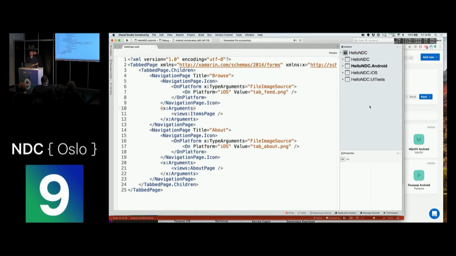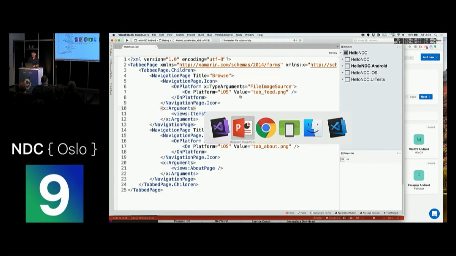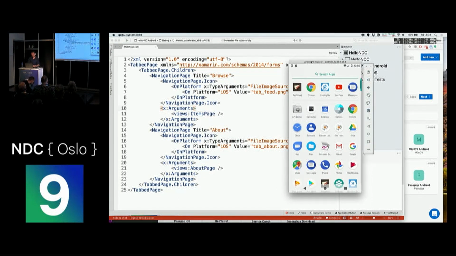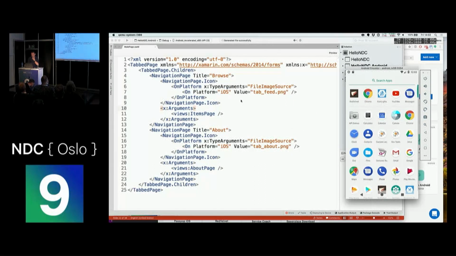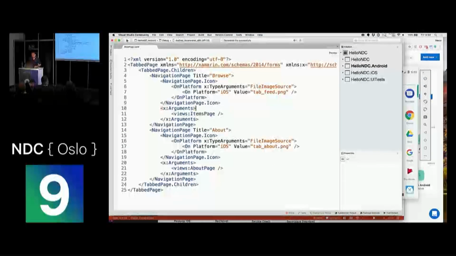Okay. Let's see if this one works. So I'm just building the Hello World application of Xamarin Forms. Let's see if it pops up.